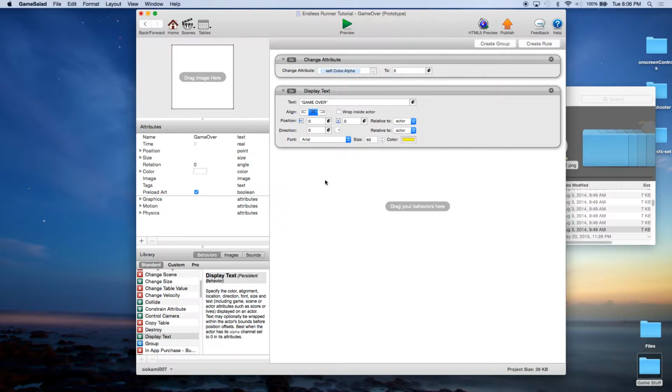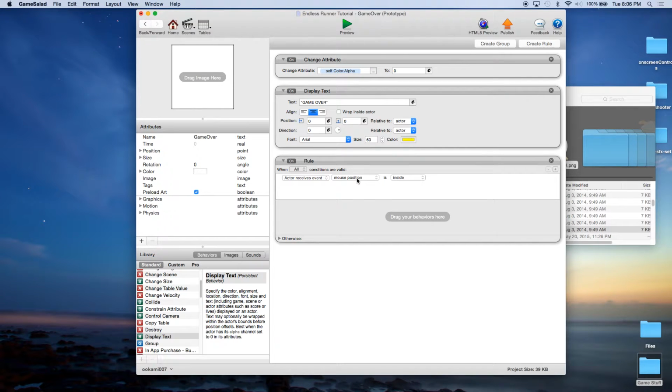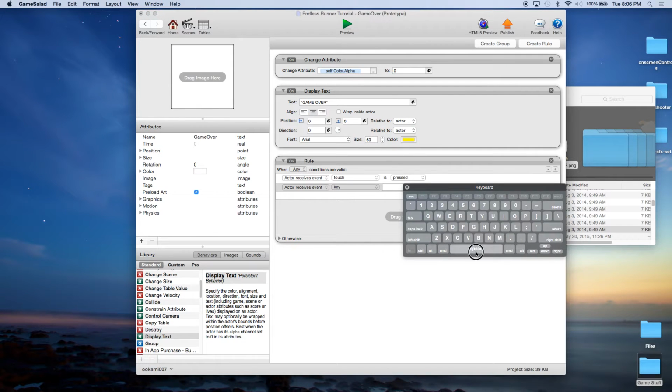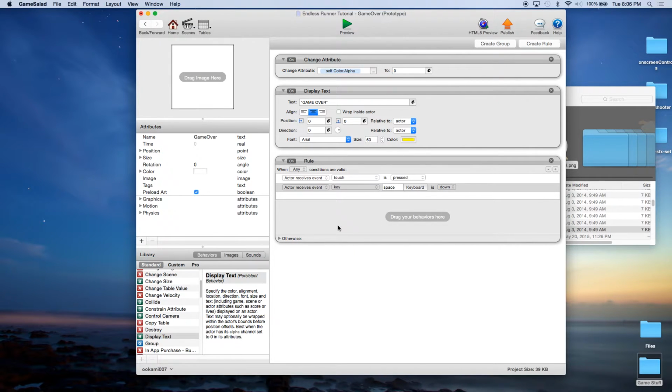And now when we do display this, we want them to be able to restart the game. So I'm just going to create a rule. I'm going to say when touch, and let's just say or, we're going to change this to any, so when it's touched or when they press the spacebar. Then what we're going to do,